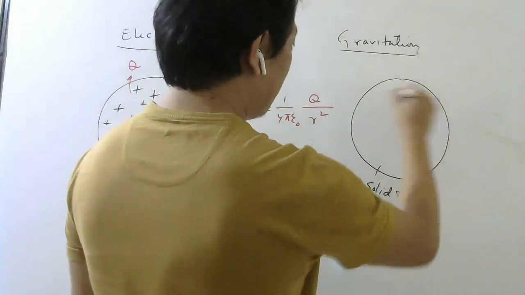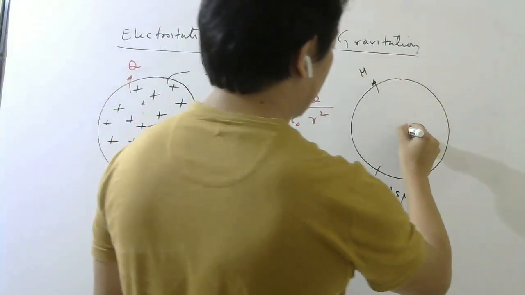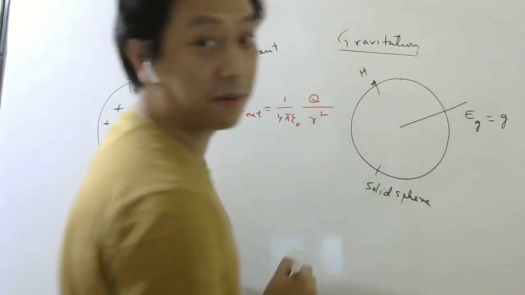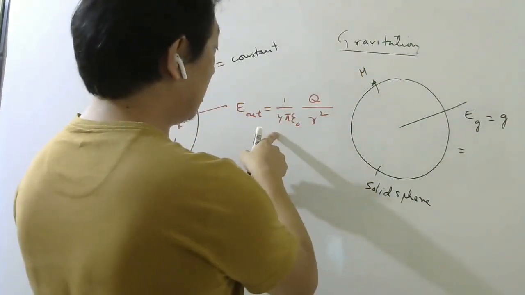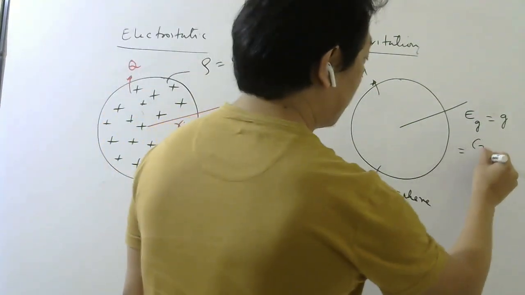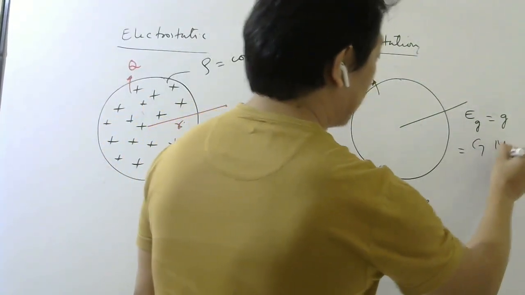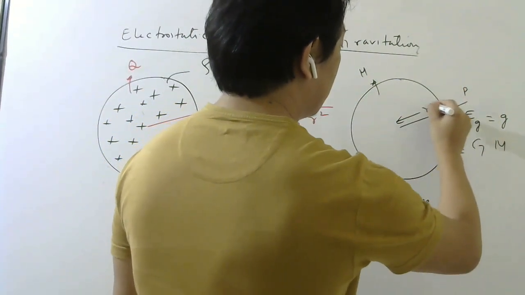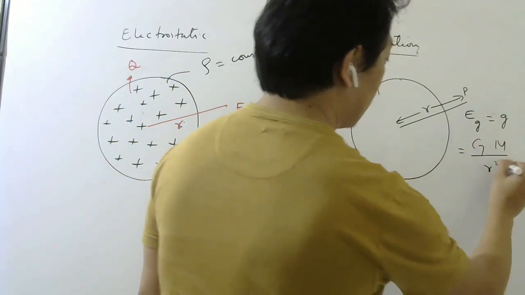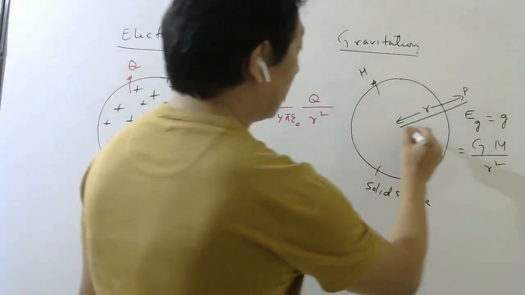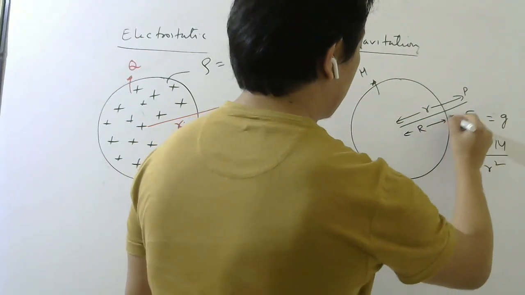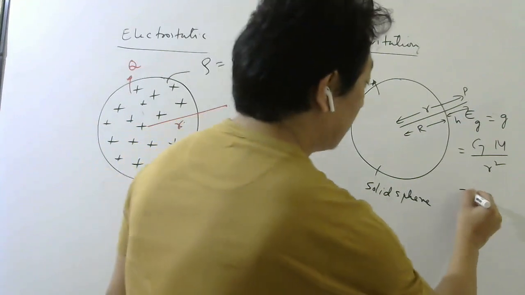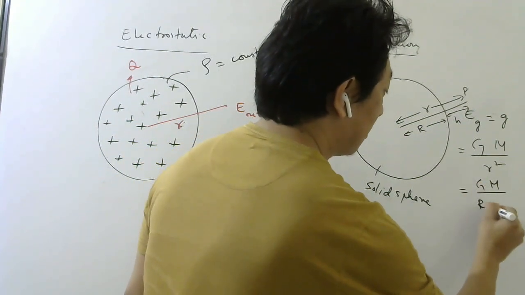So if it is a solid mass with total mass capital M, then outside, the gravitational field, here we can also write G, remember, will be equal to just this formula. This will be replaced by capital G, the total charge will be replaced by the total mass, and this r is from the center to the observation point. So this is your small r. And that you can also write in terms of the radius and the height. Height is measured from the surface. So if I write that way, it will be GM by (R plus h) whole square.